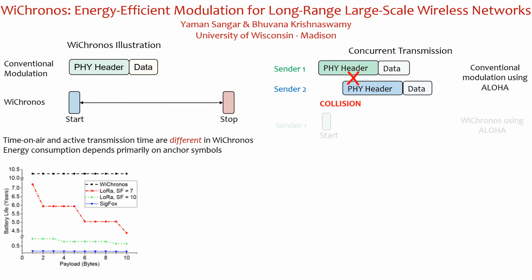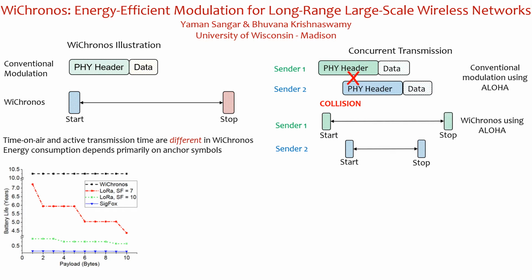When we take a look at WiChronos, sender 1 sends its start symbol whenever it's ready and then goes to sleep while data is actively being sent. Sender 2 uses the channel to send a start signal, goes to sleep, wakes up, and then sends a stop signal and completes its transmission. And eventually, sender 1 also transmits its stop symbol. The fact that these symbols are short and that the sleep time in between them is high in comparison, it is possible for them to be interleaved. So WiChronos is able to utilize the channel far more efficiently because of its lower time on air, and that